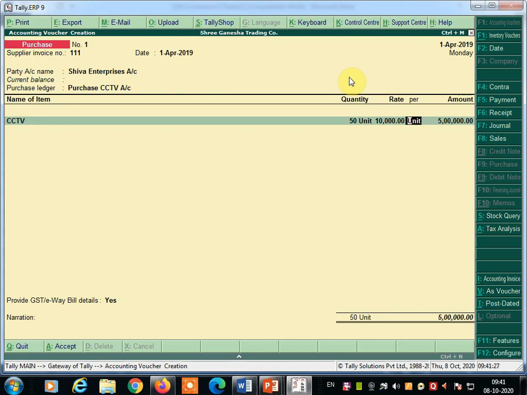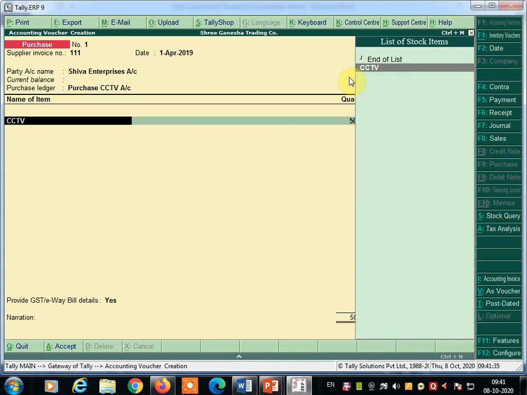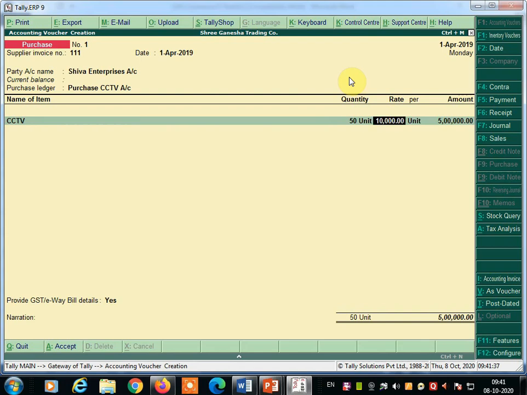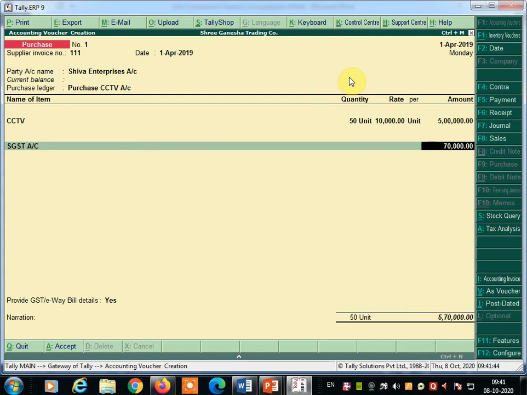Okay, now we are going to calculate SGST and CGST on it. So once you finish, then we are going to calculate SGST first. SGST 70,000 is automatically calculated, because 28% was given there, so 14%, 14%.